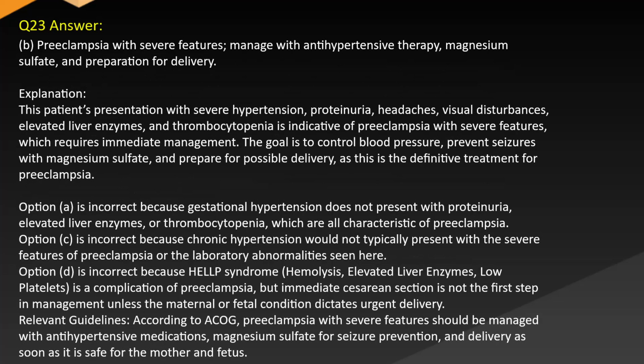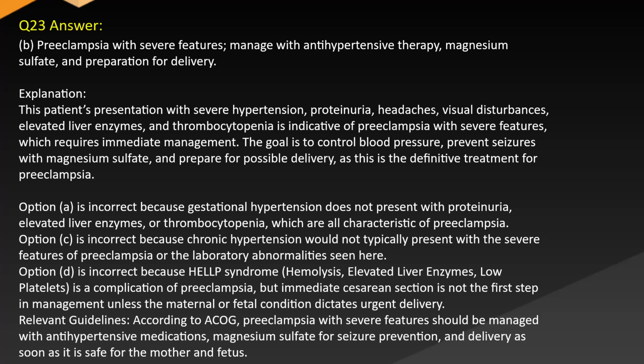Answer: B. Preeclampsia with severe features, and manage with antihypertensive therapy, magnesium sulfate, and preparation for delivery. Explanation: this patient's presentation with severe hypertension, proteinuria, headaches, visual disturbances, elevated liver enzymes, and thrombocytopenia is indicative of preeclampsia with severe features, which requires immediate management. The goal is to control blood pressure, prevent seizures with magnesium sulfate, and prepare for possible delivery, as this is the